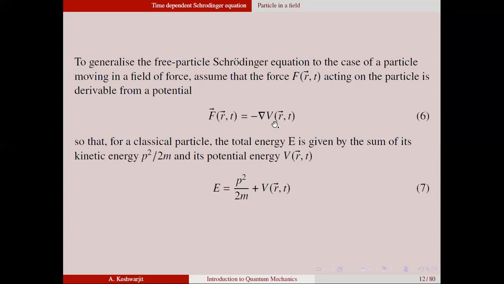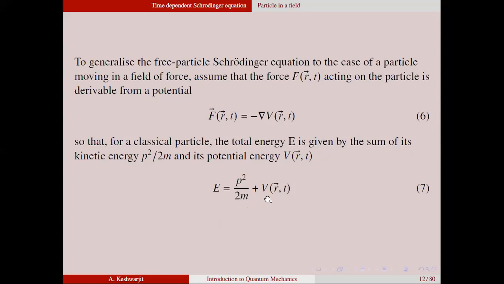This is what you learned in your first year graduation course. If this force can be written as the negative gradient of a potential energy, then for a classical particle, the total energy E is given by the sum of its kinetic energy, P square by twice m, and its potential energy, V. For a free particle, it was simply E equal to P square by twice m. But for a particle which is acted upon by an external force, the particle now possesses a potential energy which